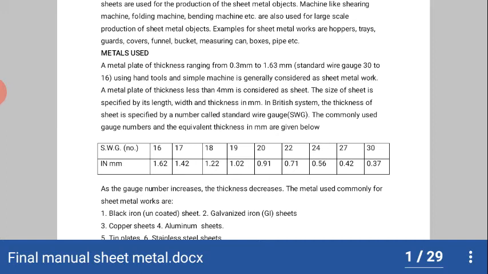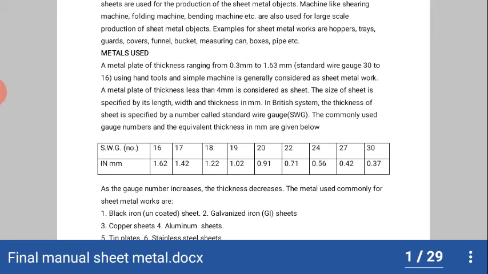For example, sheets are specified by 16 gauge, 17 gauge, 18, 19, 20, 22, 24, 27 or 30 gauge. So that means 16 gauge is equal to 1.62 millimeter